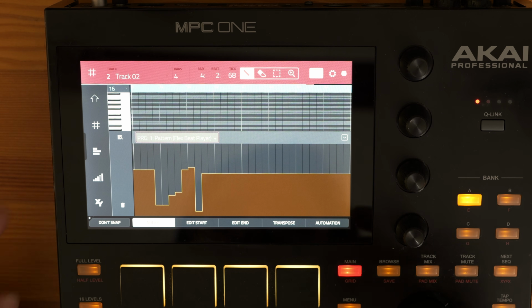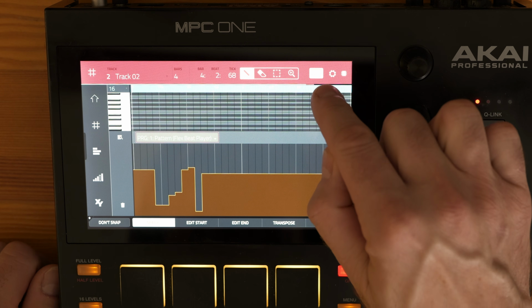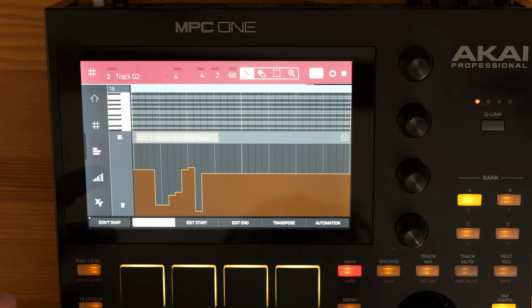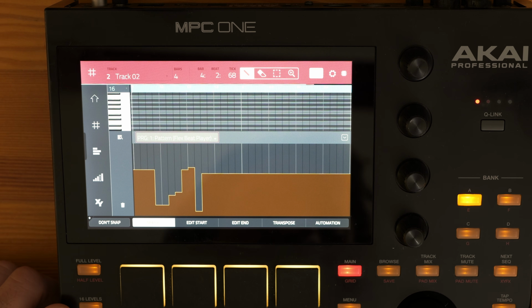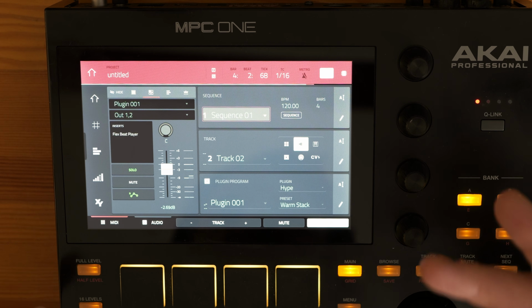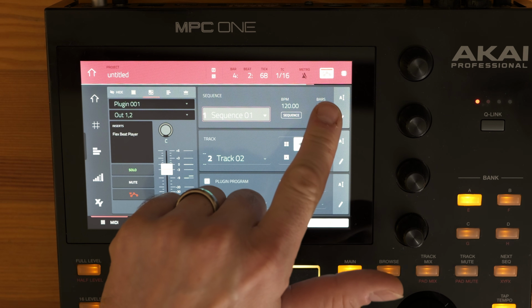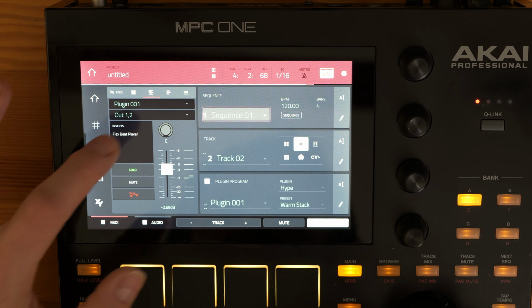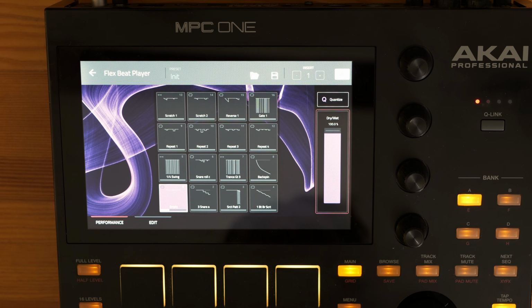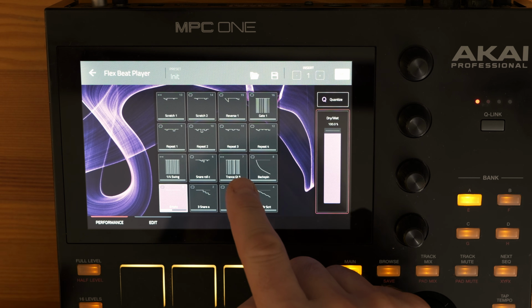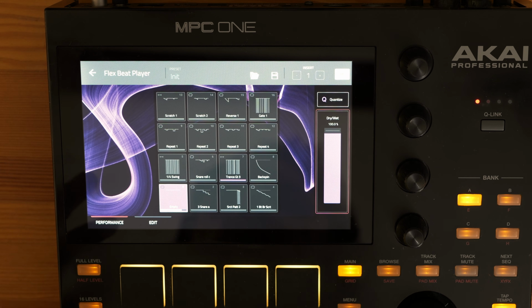So instead of that, I greatly prefer to actually use the write feature up here and then just hit the pad that I want to trigger at that moment. So let's undo all this kind of stuff. Let's turn the MPC into write mode on the top right here, and then go back into our Flex Beat. And now anytime we touch the screen, it's going to record that automation. So if we just wanted to trigger this gate effect, let's say on the last chord of our 4-chord progression, that would be as simple as playback. And then when we get to that 4th bar, we're going to trigger this. And since it is at one shot,